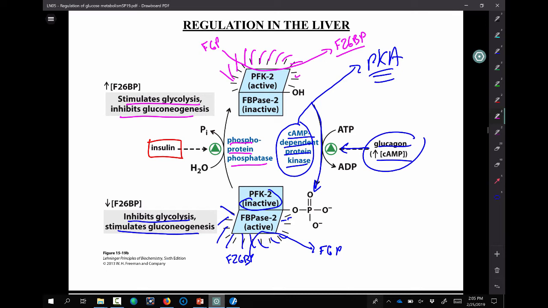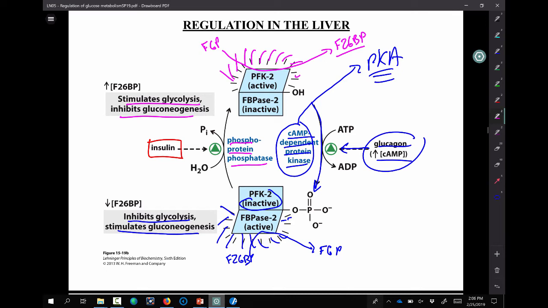Now, before we even get specific about the regulation of liver, and even specifically about that question, I want to remind you that there are two things that are going to remain constant in our discussion on all these different tissues. First of all, fructose 2,6-bisphosphate is always going to be an activator of glycolysis. No matter what tissue you look at, it allosterically activates PFK1. It also allosterically inhibits FBPase1. Okay? So that's going to be true in liver, heart, and skeletal muscle.